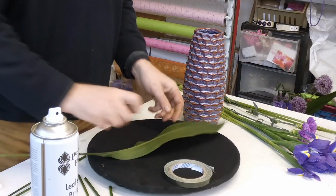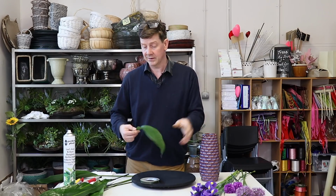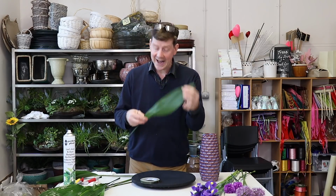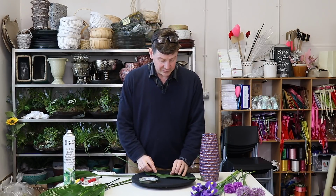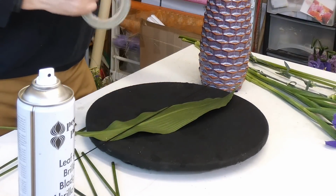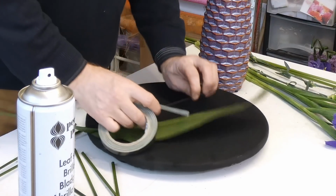So what you want is to make sure that your leaf is completely dry. We've not done anything to this leaf. These ones I've used a little bit of leaf shine on, but this one I haven't. The problem with the leaf shine is it's going to get everything a bit slippy and a bit of a problem. So what I'm going to do is position that